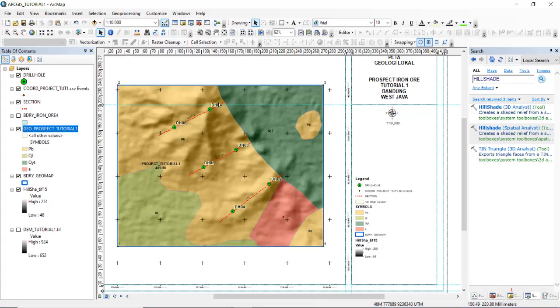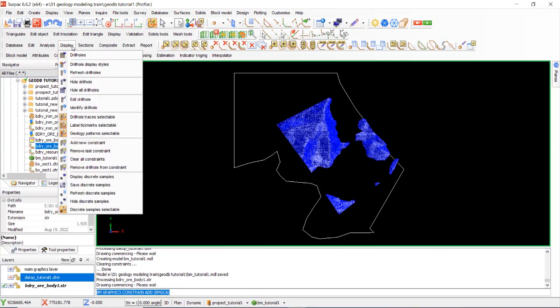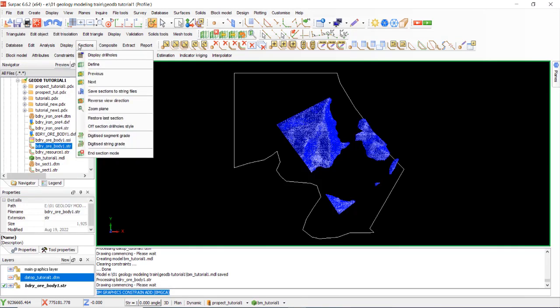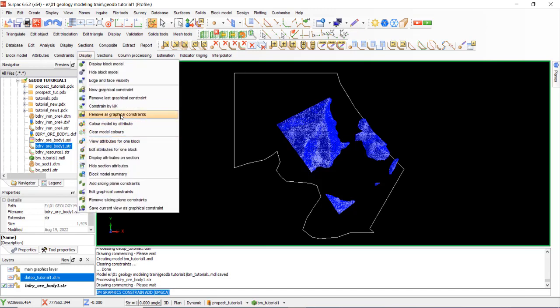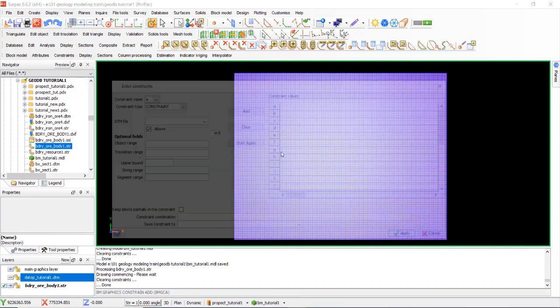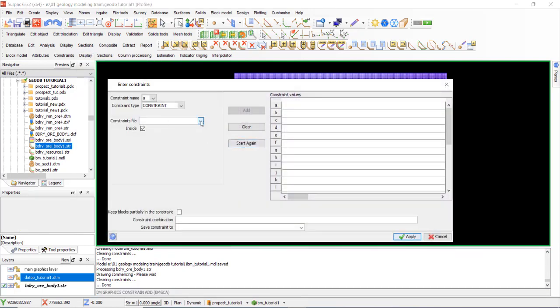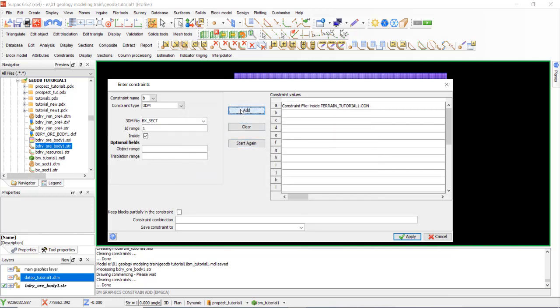Same with the geological map. Okay. This display, remove all graphical constraints. Start again. New graphical constraint to terrain. Add 3DM, BX section.